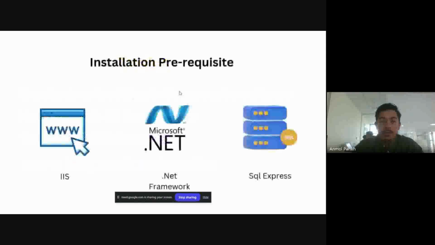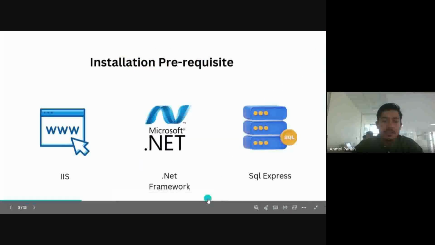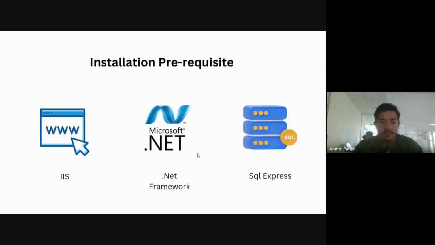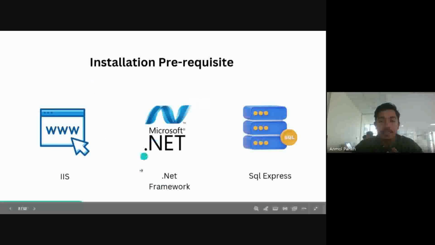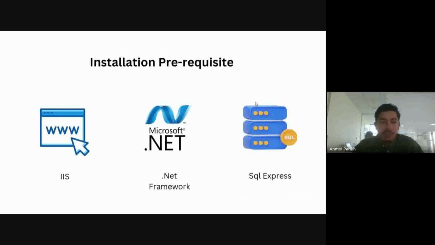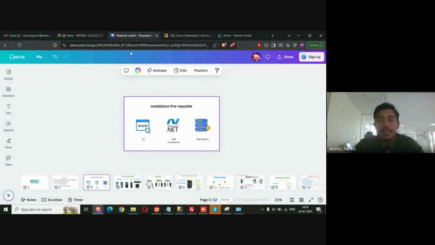Okay, so as you know, these are the prerequisites required for the Matrix software. The first thing is the IIS component. The second thing is the .NET framework, and the third thing is the SQL Express. Okay, so these are the only three things required. But how to do this, right? So let me quickly show you